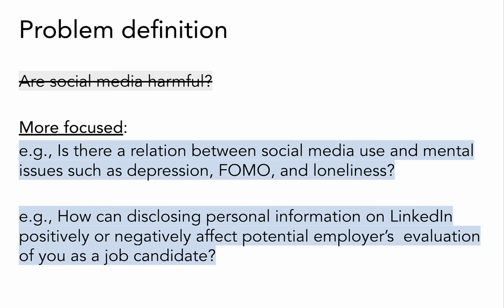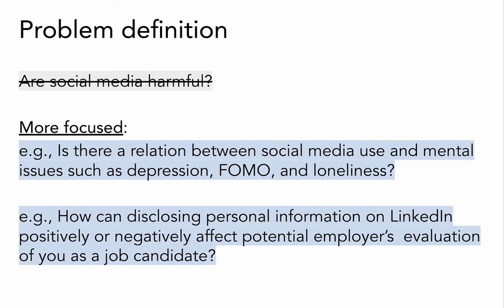For example, is there a relation between social media use and mental issues such as depression, FOMO, and loneliness? You could even go further, by the way, with this first question and define the type of social media used, such as, for example, specifically focusing on Facebook or Instagram. Another example could be, how can disclosing personal information on LinkedIn positively or negatively affect potential employers' evaluation of you